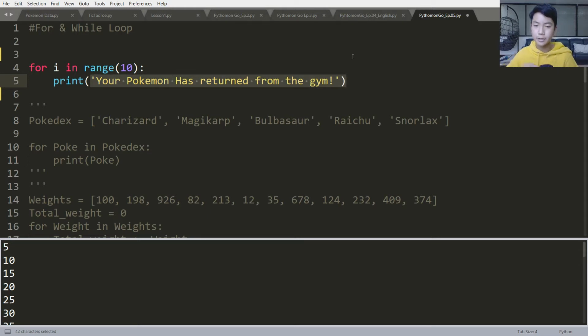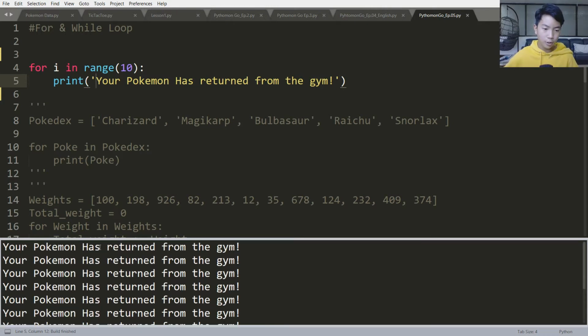In case you didn't know, in Pokemon Go, you can put your Pokemon in the gym to earn coins, and this message will notify you when your Pokemon has been defeated and has come back. So if we were to run this, it would print "your Pokemon has returned from the gym" 10 times, as you can see, and you can change this text to whatever you want, like